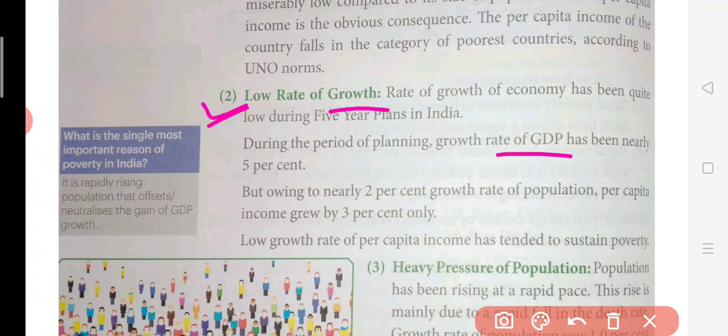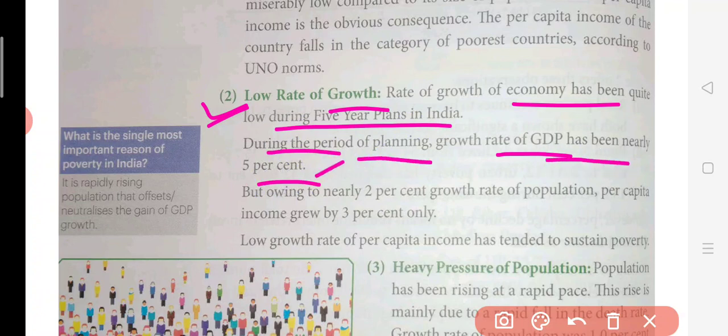GDP, growth is GDP. So here if the GDP is low, what happens? Definitely the production activity will also be less. Okay, so definitely you'll not be having that kind of employment level. So basically what happens in India, during this period of planning GDP has been nearly 5%, which is a low rate of GDP, but owing to this nearly 2% growth rate of population, per capita income grows by